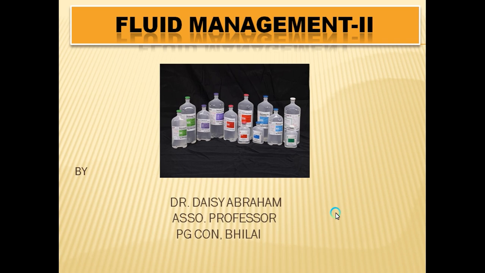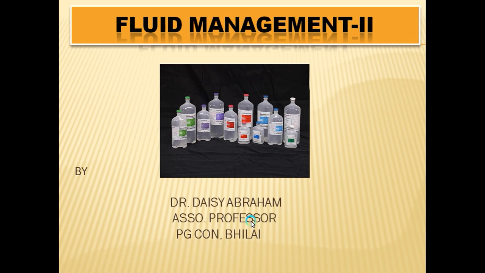Okay, in the last class we studied the fluid requirement and the different types of babies who require IV fluids. Then we studied the criteria for starting enteral feeding, and we started with 10 ml. Then we divide into different doses and see whether the child is tolerating, whether the child is vomiting. If not, we gradually increase the breast milk by 20 to 30 ml, and if it is more than 2/3, then we stop IV fluids. Okay, so till this we have already studied.